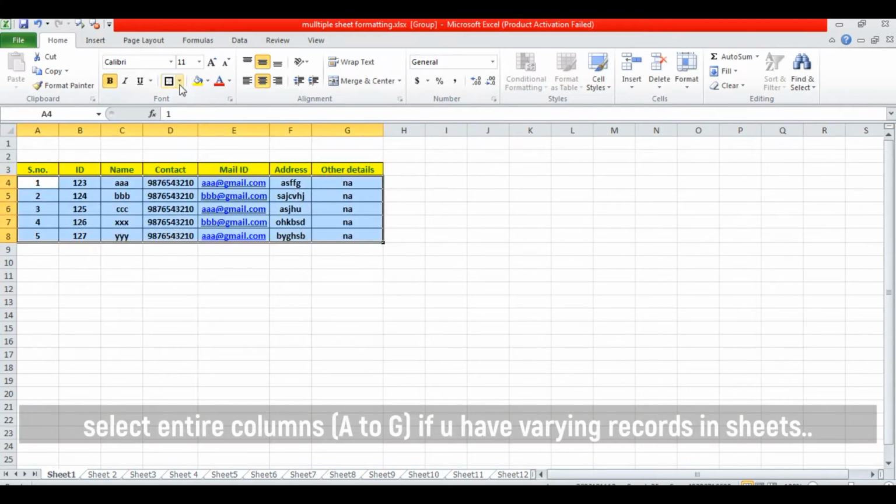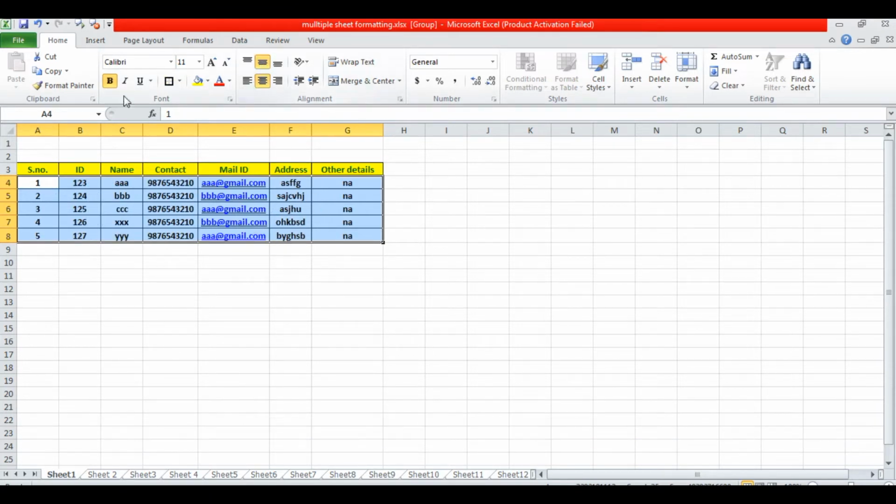All the other data I'm giving center alignment and making bold. Okay, now I have finished the alignment and the color.